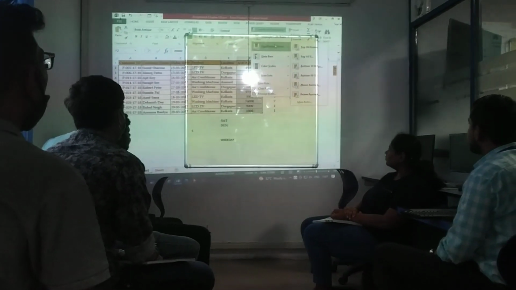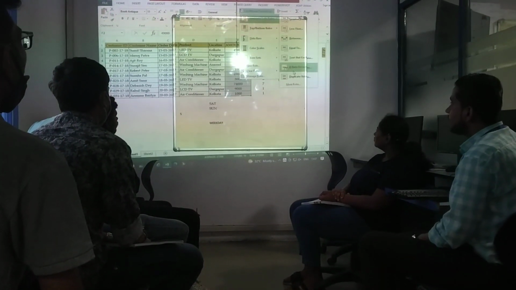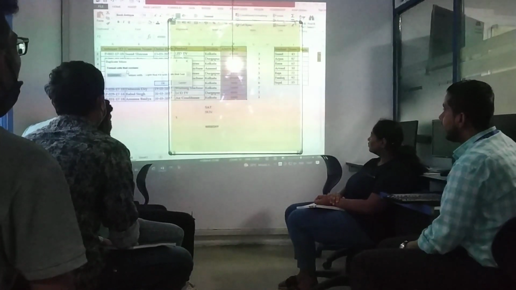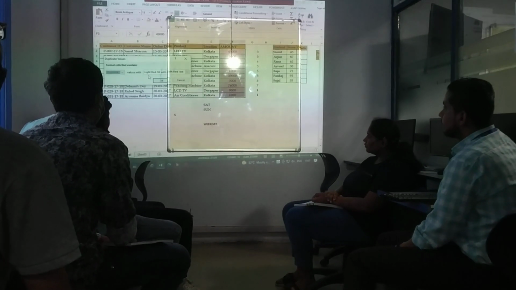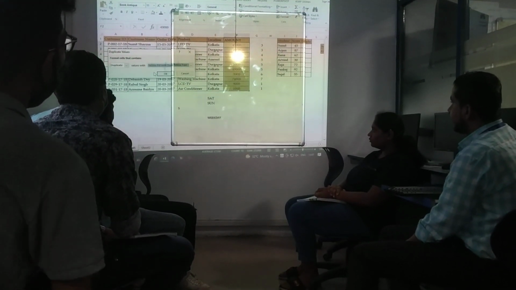So we can just go to the top and bottom and highlight, and here we will get the duplicate value. So like that, you can click here. In which color you want to highlight? Suppose I want to highlight in red color or in yellow color. We can highlight in yellow color.